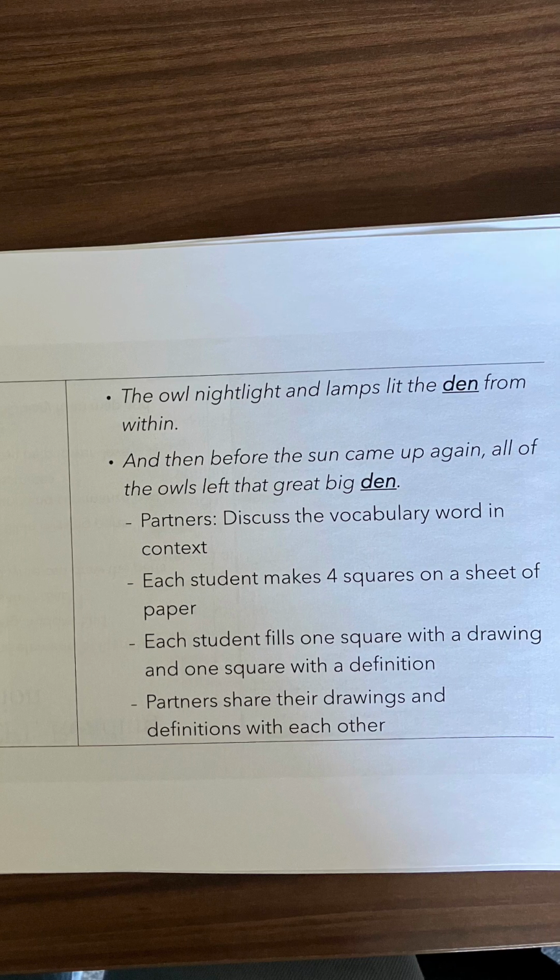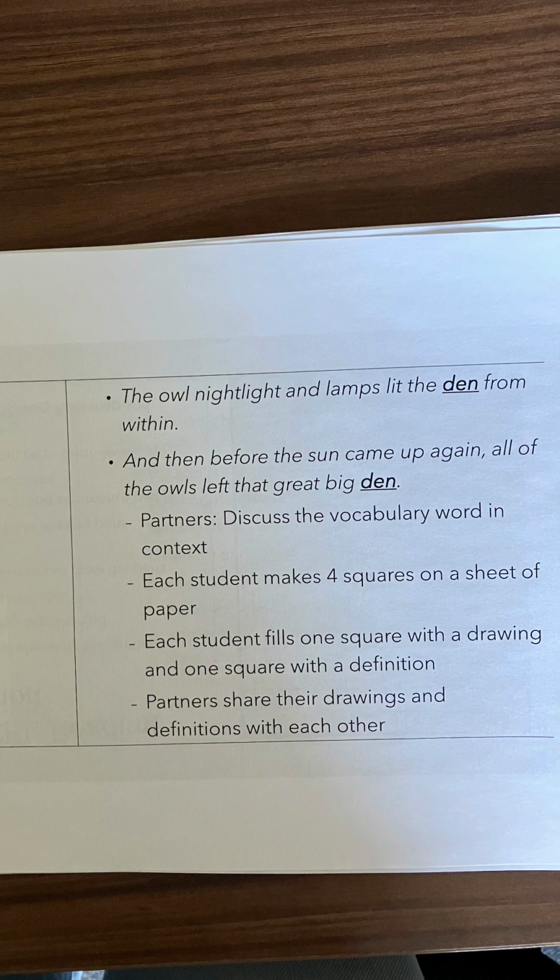So here's an example of a difficult noun that was in Millie's Night Owls. Within the text, two lines were, the owl nightlight and lamps lit the den from within. And then before the sun came up again, all of the owls left the great big den. So den is probably a word young learners won't know. So put the students in partners, have them discuss the vocabulary in context. Then each student can draw